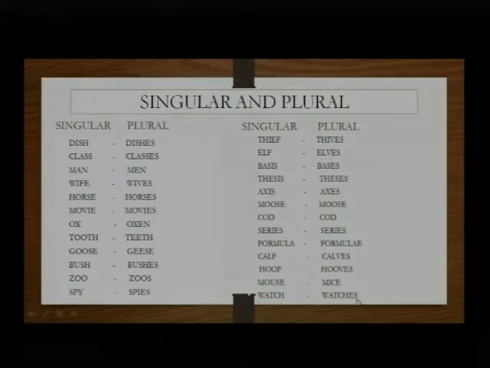Watch, watches. So if you can see here, we have so many kinds of words which have a singular alphabet that is changing when you pronounce the singular and the plurals of the same word. For example, if you can see, moose is the same. If you say singular, you say moose,